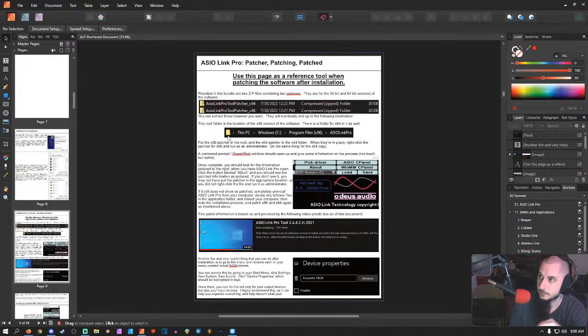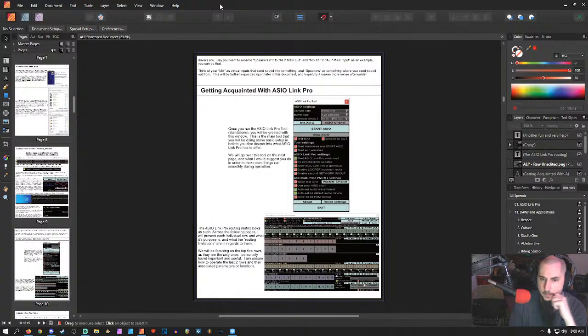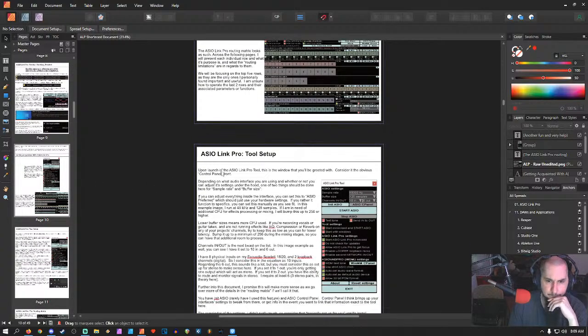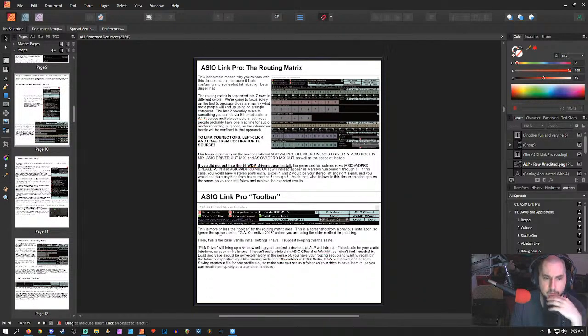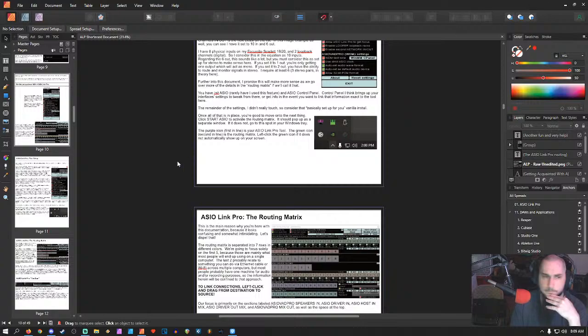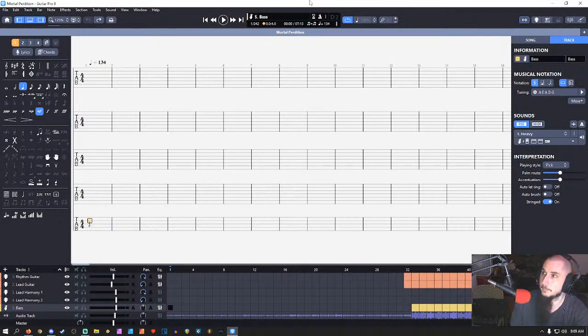And I do intend on having this material all put together in the bundle when it comes to next week's release, and at least going over a little bit more of it, getting acquainted with everything, including the Pro Tool and the routing matrix, explaining where you can locate the purple and the green box, if you will, for loading up the Pro Tool and the routing matrix. Pro Tool being purple, routing matrix being green. Kind of a weird and clever way, I think. Setting it all up in general, an introduction to the routing matrix and all that kind of stuff. So with that in mind, I am releasing this next week,